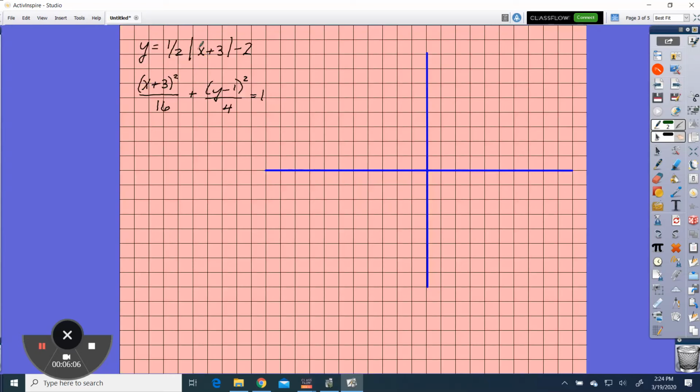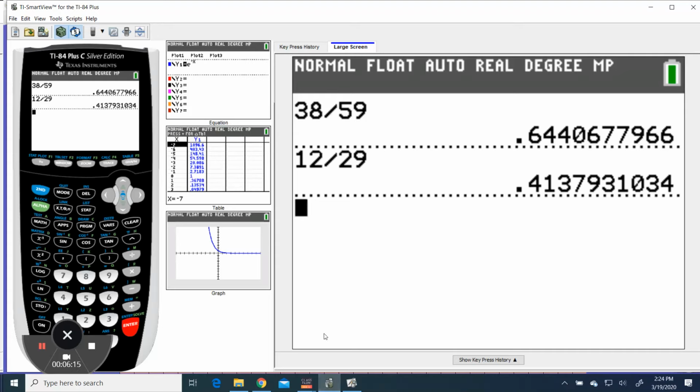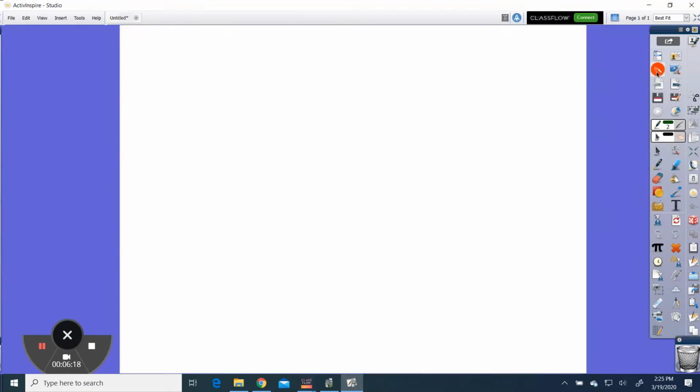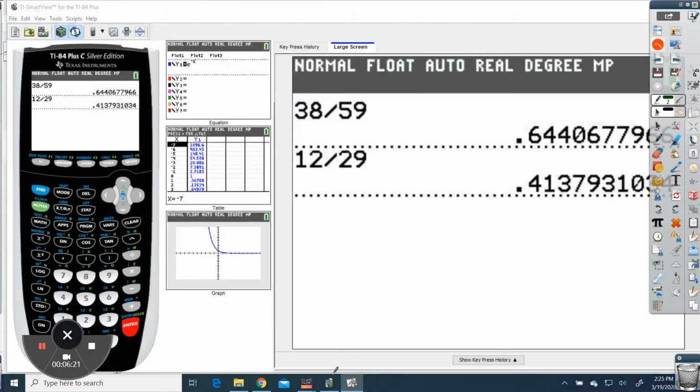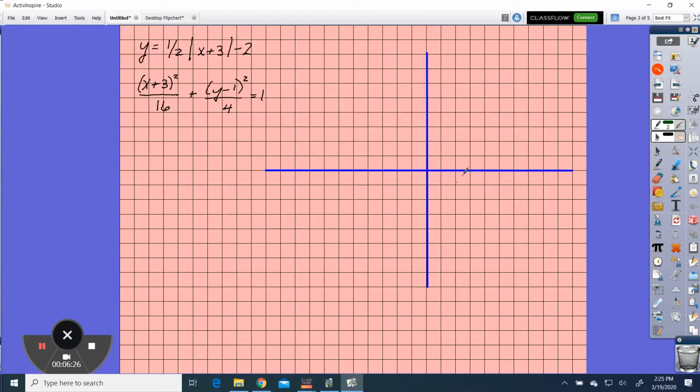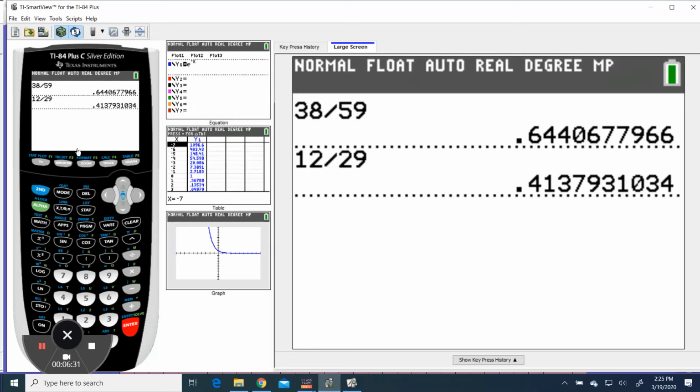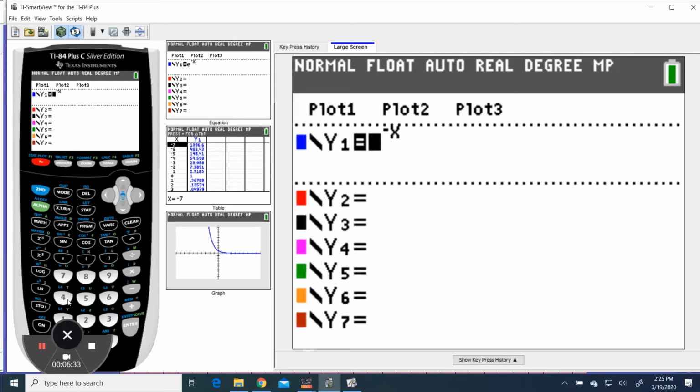The next one, this is an absolute value. Anytime you have y equals, you can just go to your calculator and type that in. Okay, so y equals 1/2 x plus 3 minus 2. So y equals